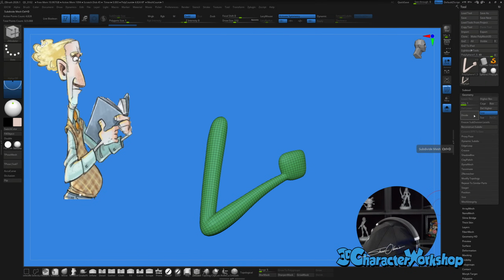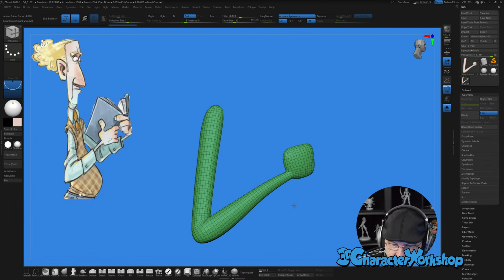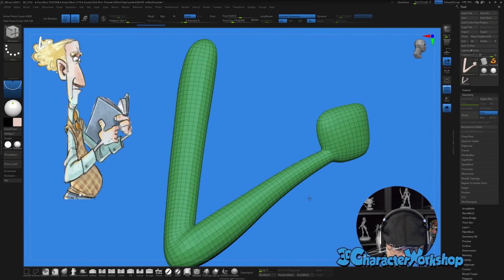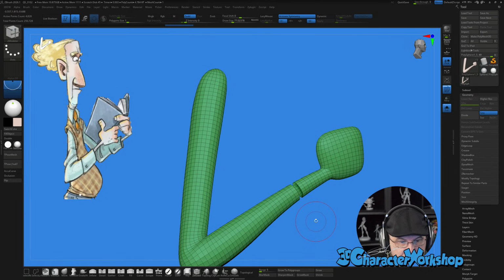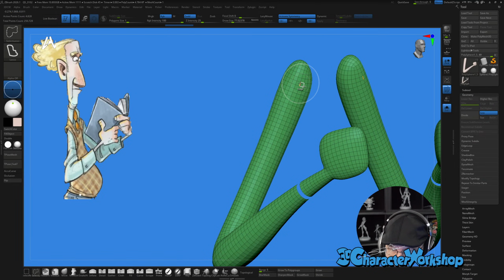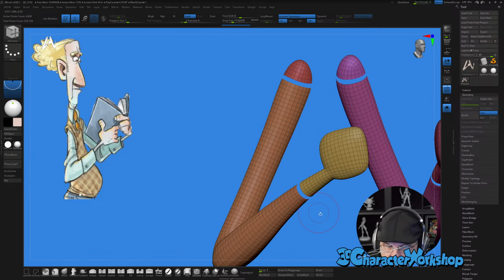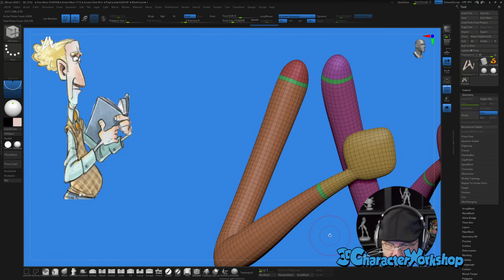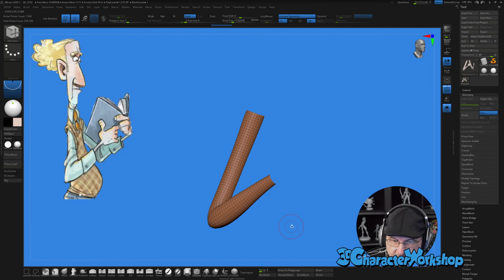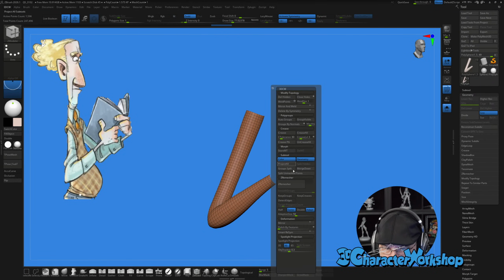Let's delete higher. Because now what we can do is use the select lasso tool. And then where the sleeve is going to end, I can just hide an edge loop. Same with up here. Just hide an edge loop. And then do an auto groups. And that will give us our sleeve shape right here. And then delete hidden.